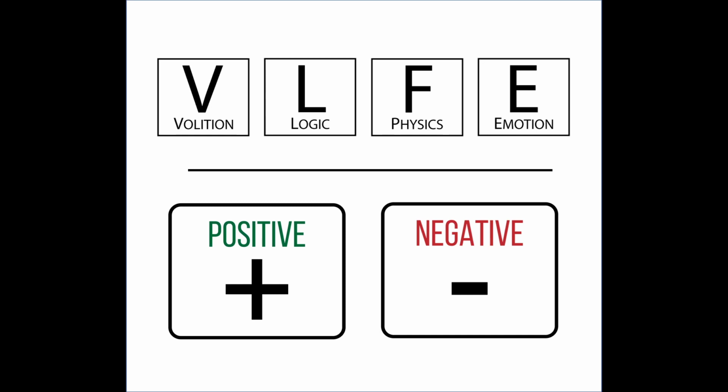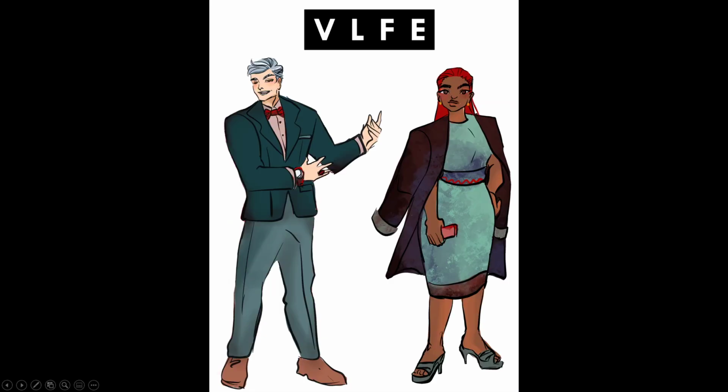And that is what separates it at a base level from MBTI, Enneagram, Socionics. Big Five is a little bit more relative. And really any other system you can think of. So we're going to go into this type, VLFE, just to have a good reference of how the attitudes work, and break it down at a more theoretical level.